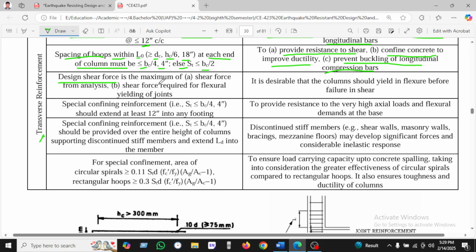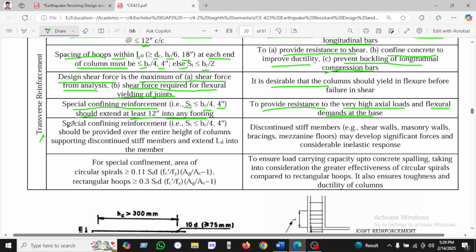So design shear force and maximum shear force. From the analysis, the shear force required for flexural yielding at the joint. It is desirable that the column should yield in flexure before failure in shear. Special confinement reinforcement: the spacing will be less than b divided by 4 and 4 inches square, and it should extend 12 inches into the footing. The possible explanation is to provide resistance to the very high axial load and flexural demand